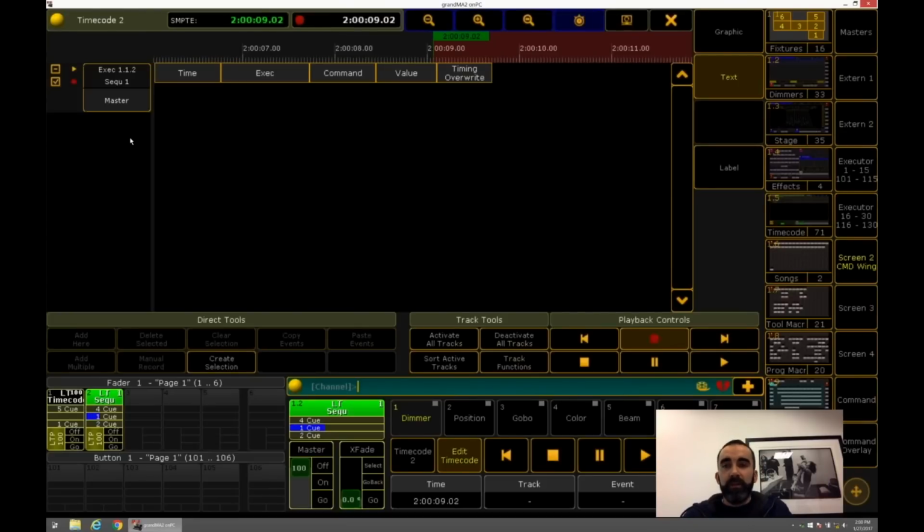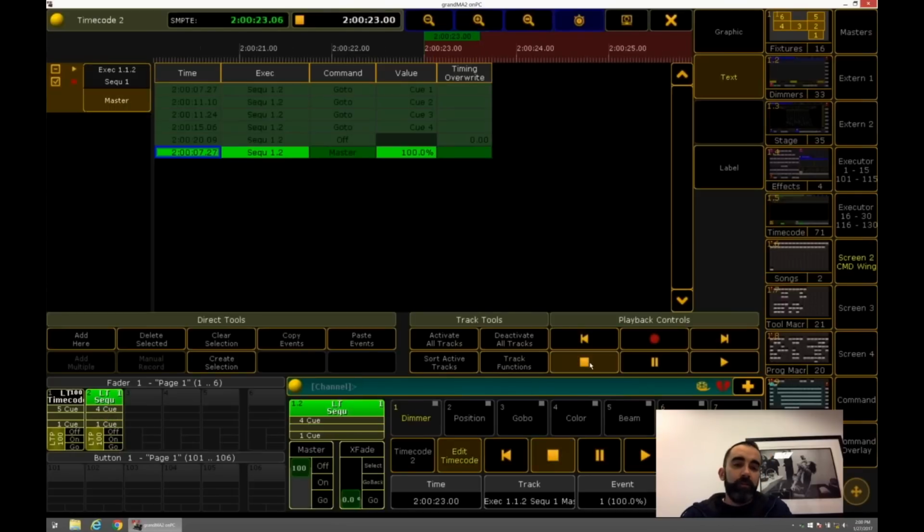So I'm going to hit go, and you see the executor shows up. So I hit go again, maybe 2 quick hits right there, and then I get the final one. And you could do goes and toggles and flashes and all the above, and we turn that off. Now I'm done recording, so I hit stop. Now you see all the events show up.